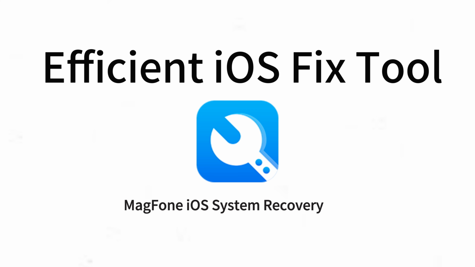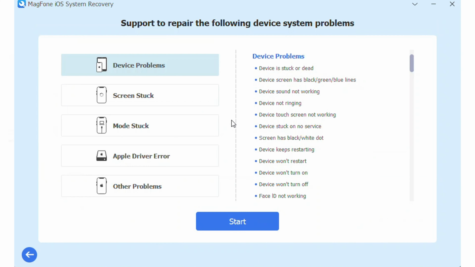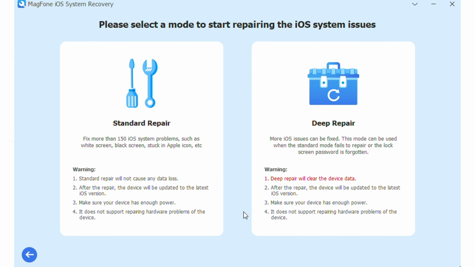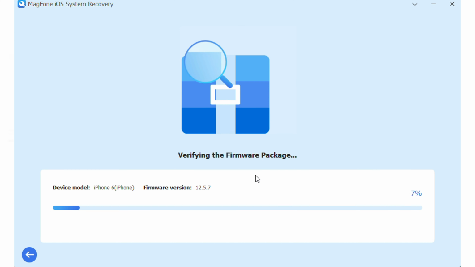Here's how to. Download MagFone iOS System Recovery and connect your iPhone to the computer by a USB cable. Click iOS System Repair on the main interface and click Start on the next interface. Next you should choose Standard Repair